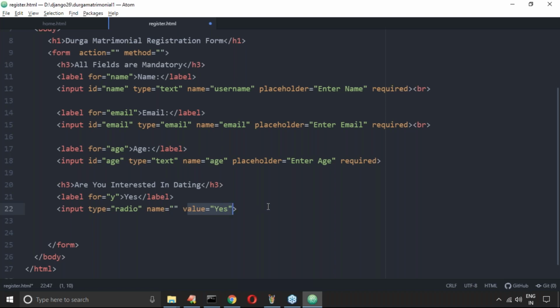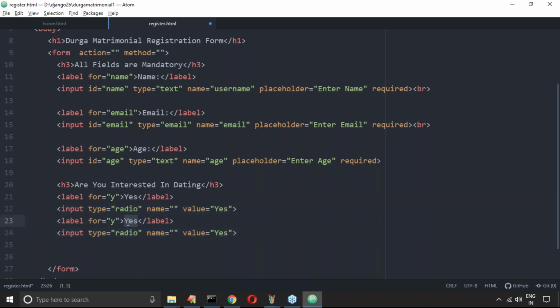Someone is asking, sir, what is the difference between ID attribute and name attribute? ID means to link with the label. Name is the name of this text field. Next, this is for y. Now I'm trying to take no also, must be required or not?